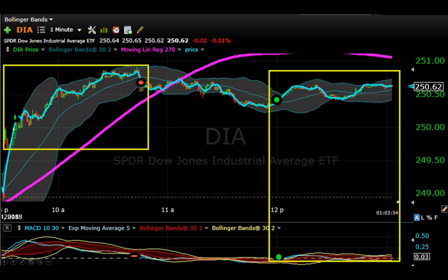You can see here the signal line re-enters or crosses back above the 5-period moving average. You get a gap up, sell off, and then a rapid re-entry. Take a new high of the day, can enter here. This is an entry around